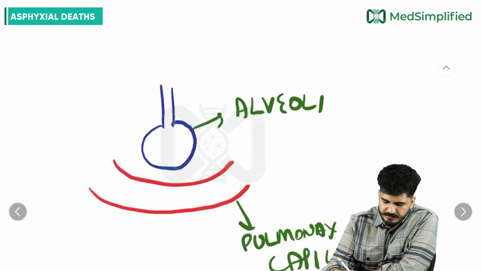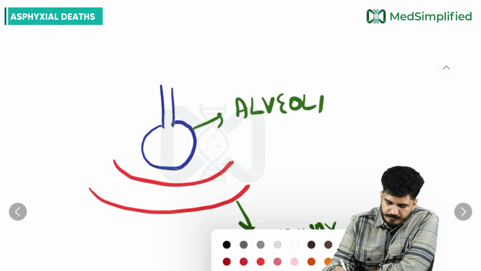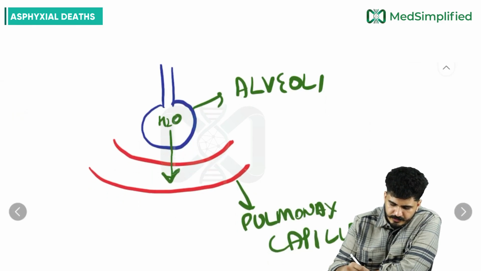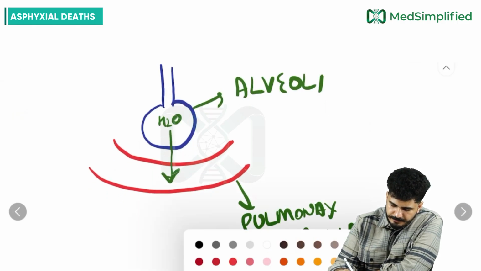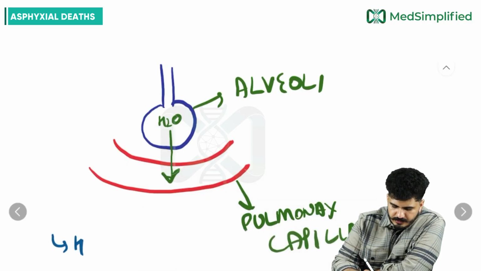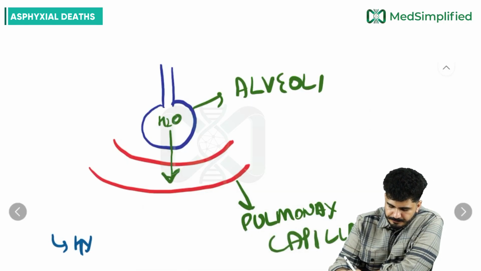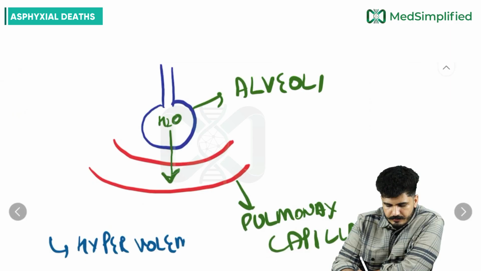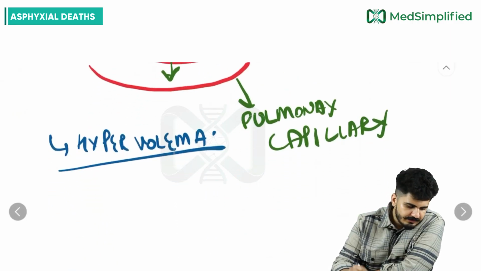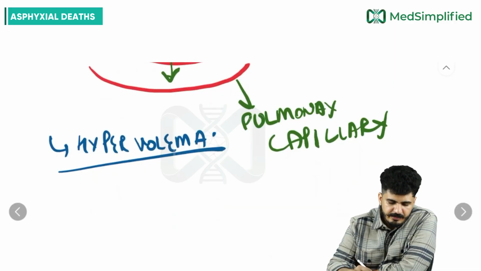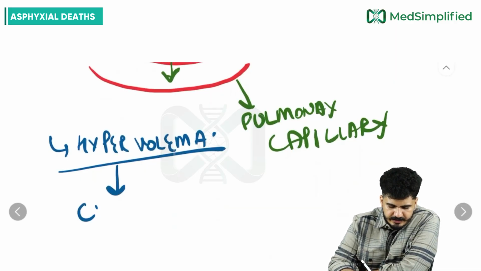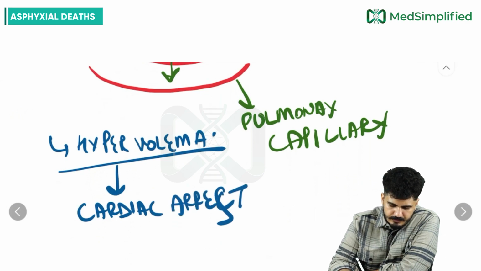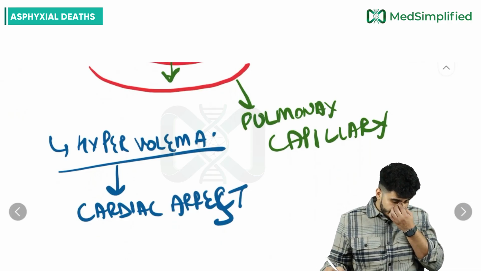This is the pulmonary capillary. Now what is happening, sir? From here, the alveoli, the water will come here. This will lead towards hypervolemia. Because of this hypervolemia, what can happen? One thing is cardiac arrest. Cardiac arrest can happen. The other thing that can happen is